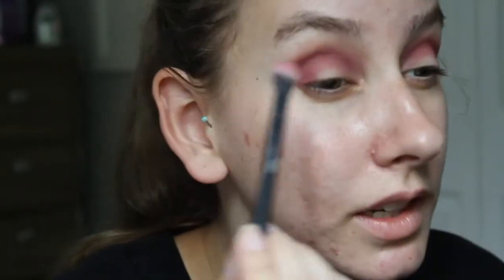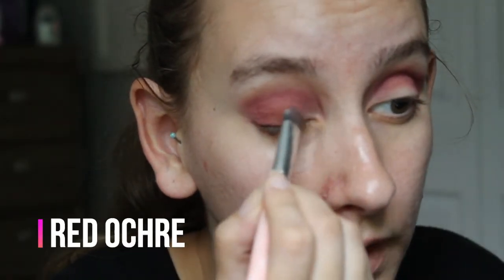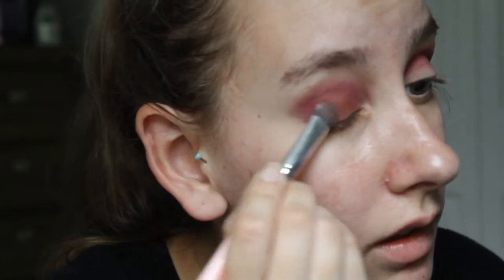I feel like I have no idea if this eye look is going to turn out. Story of my life. But I just wanted to try something new, you know? And I think that that's fun. I'm now taking red ochre and I'm going to put that all over my lid. Okay, on to,